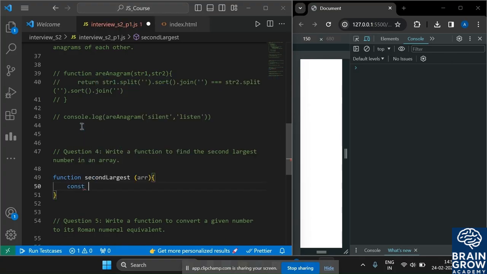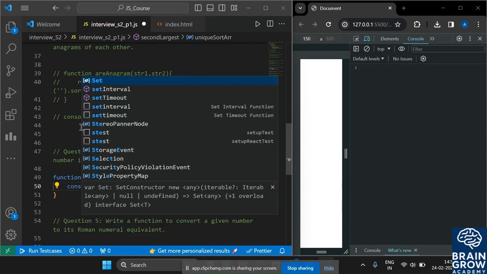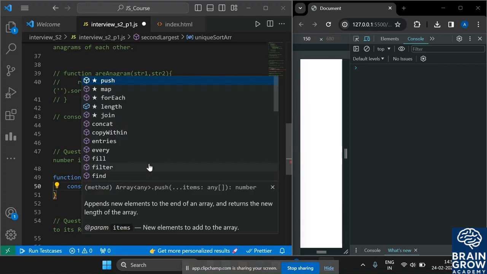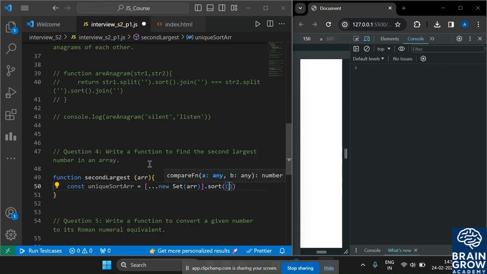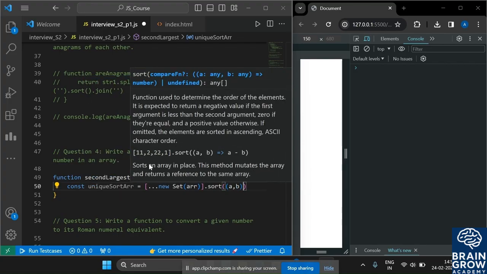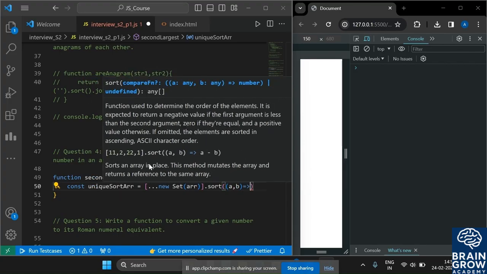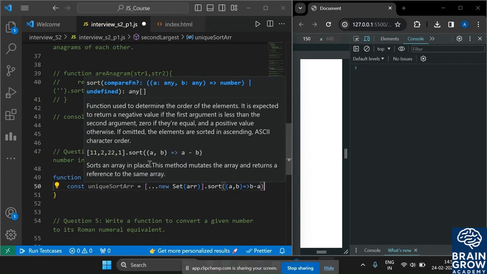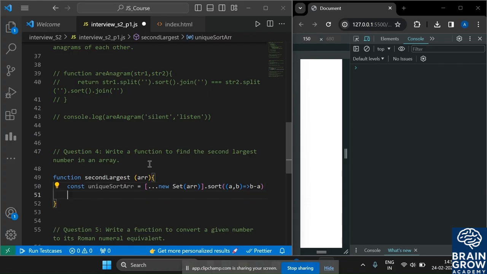Inside, we use uniqueSortedArray is equal to, first of all, spread new Set. We use Set here and pass the array. After that we get all the unique elements, and we apply sort, and inside sort we pass a and b. These functions we already discussed in previous sections, how sort works. So here we need to use b minus a because we need to find the largest number, and return